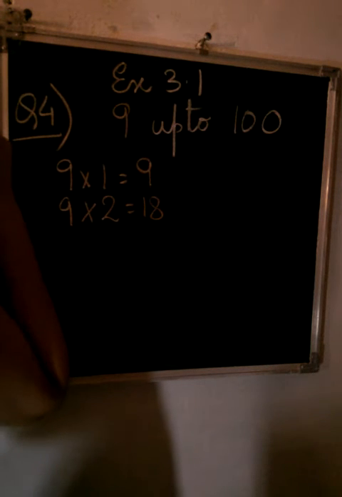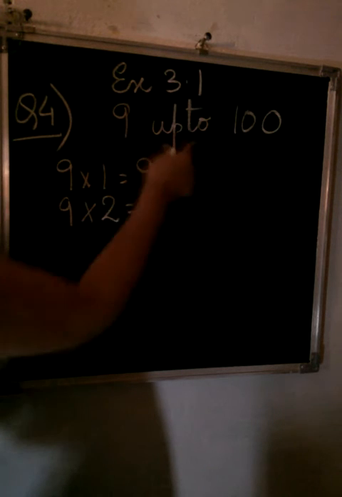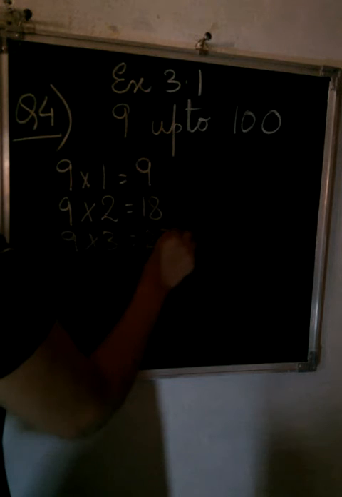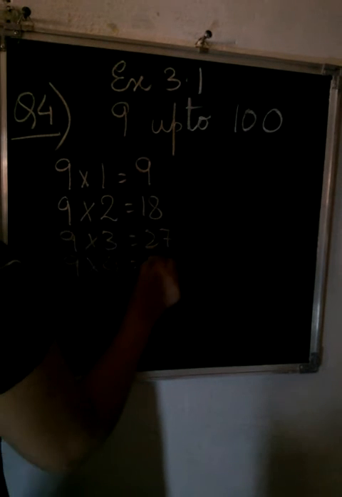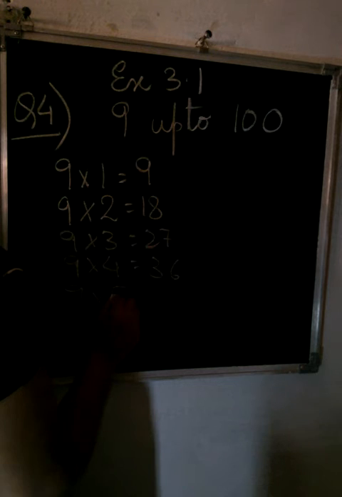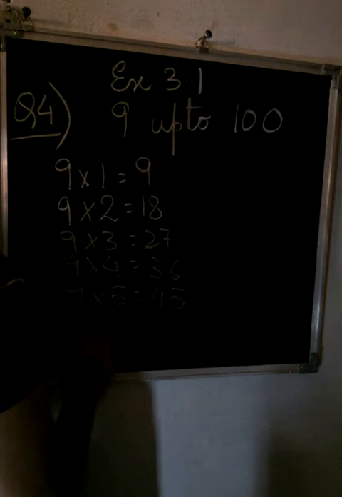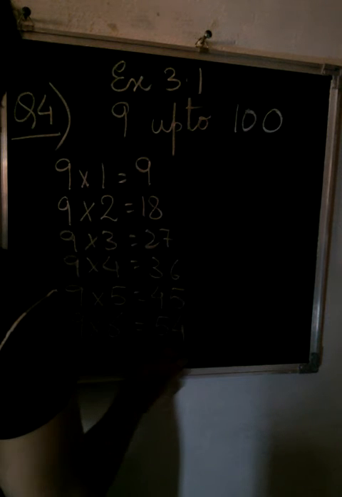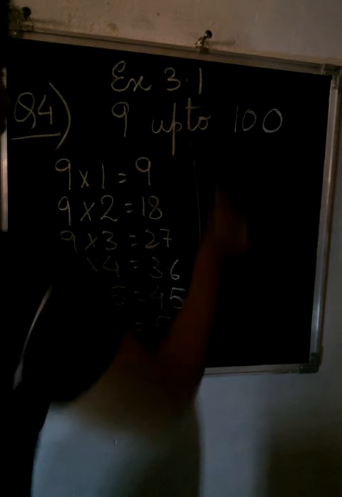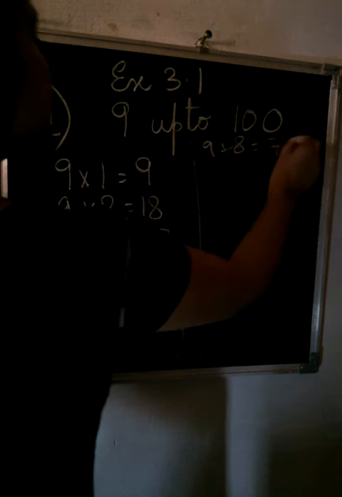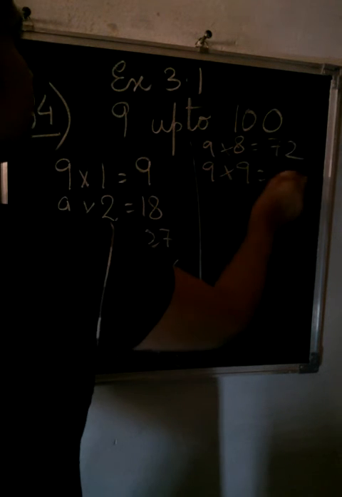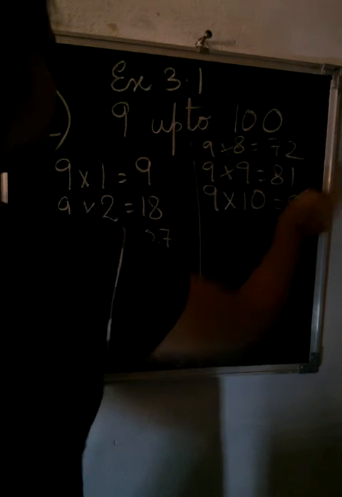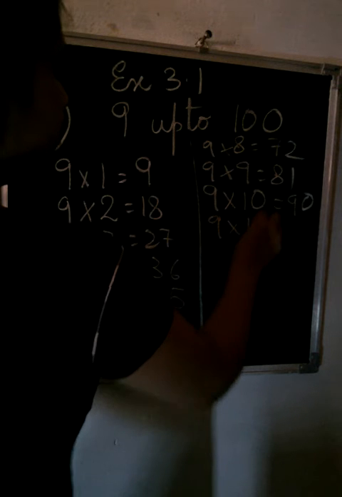Question number 4 says: write all the multiples of 9 up to 100. So 9 ones are 9, 9 twos are 18, 9 threes are 27, 9 fours are 36, 9 fives are 45, 9 sixes are 54, 9 sevens are 63, 9 eights are 72, 9 nines are 81, 9 tens are 90, 9 elevens are 99,